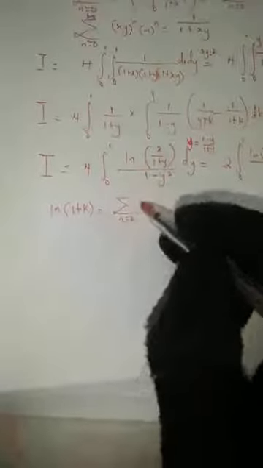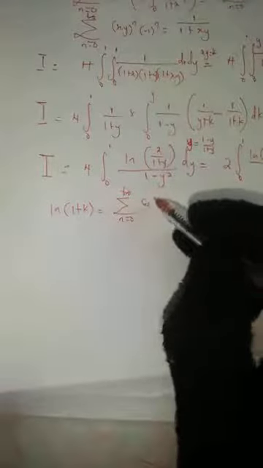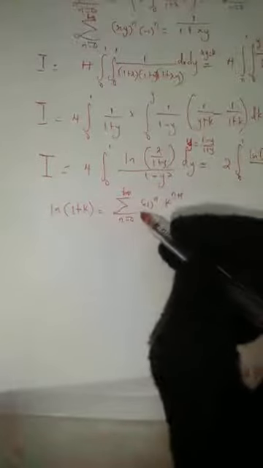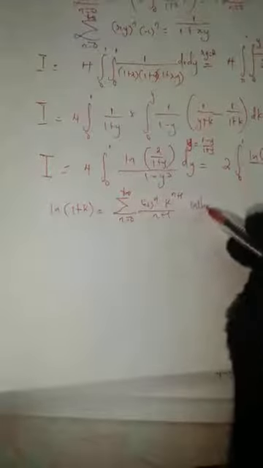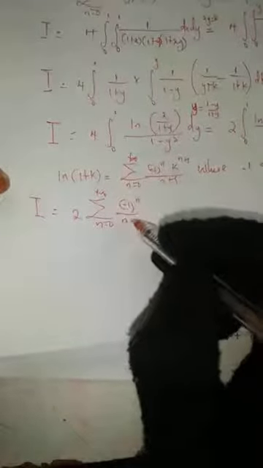Okay, now we need to know the power series expansion of the natural logarithm of (1 plus k) in this case, and this is the same as the sum as n goes from 0 to positive infinity of minus 1 raised to n, k raised to n plus 1, over n plus 1, where minus 1 is less than k and k is less than or equal to 1. Okay, now we have I to be equal to 2 times the sum as n goes from 0 to positive infinity of minus 1 raised to n all over n plus 1,